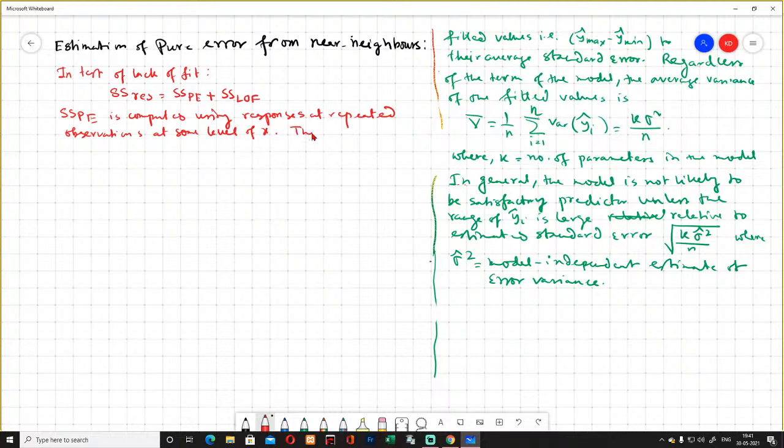This is a model independent estimate of sigma square. This is the general principle, which can be applied to any regression model, and the calculation of the sum of squares due to pure error